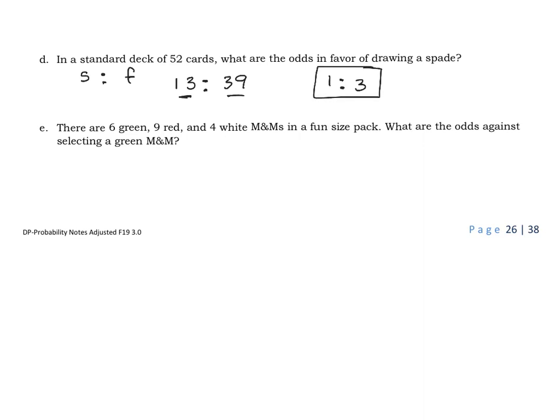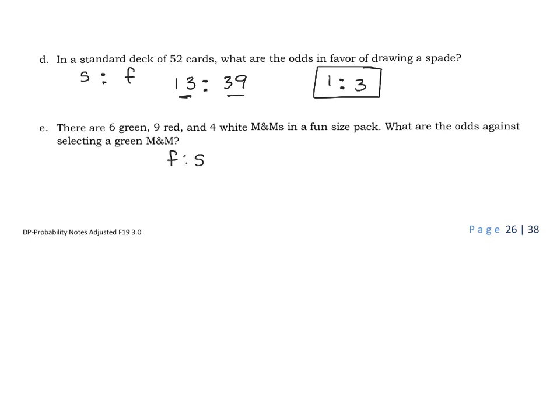E. There are 6 green, 9 red, and 4 white M&Ms in a fun-sized pack. What are the odds against selecting a green M&M? So we're looking for the ratio of failures